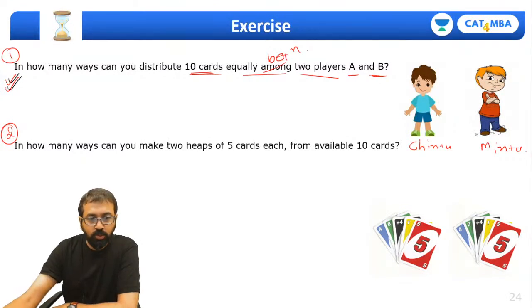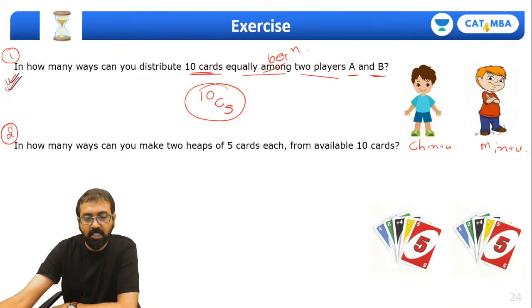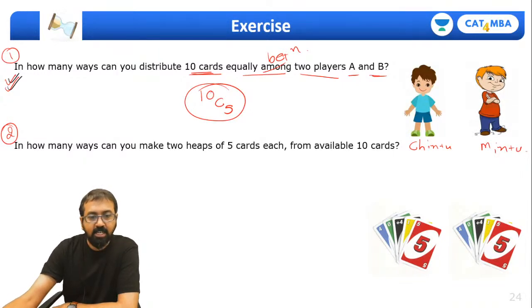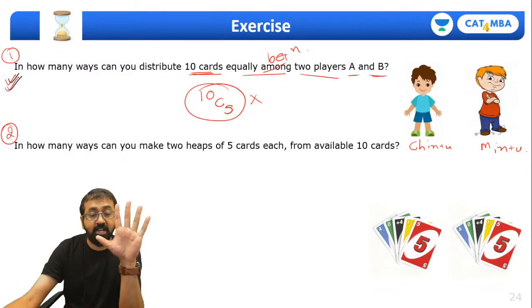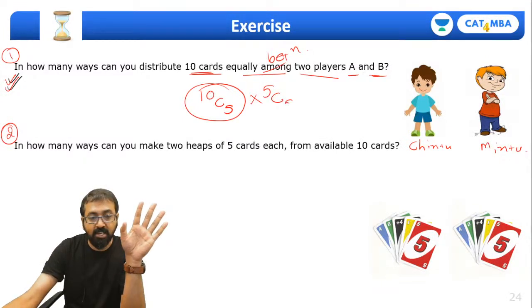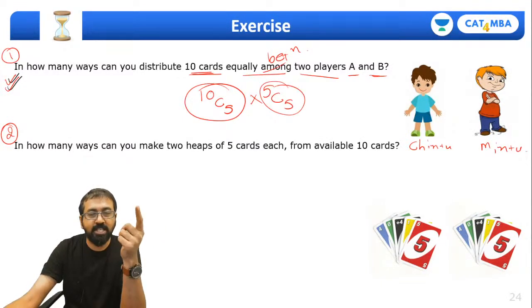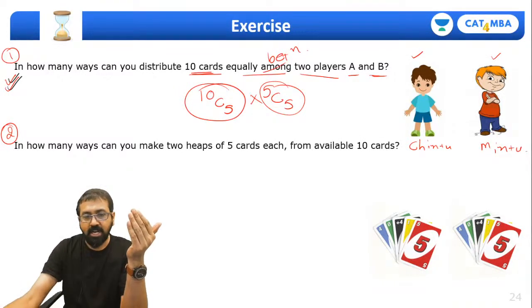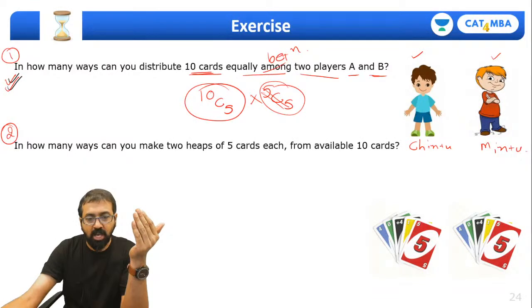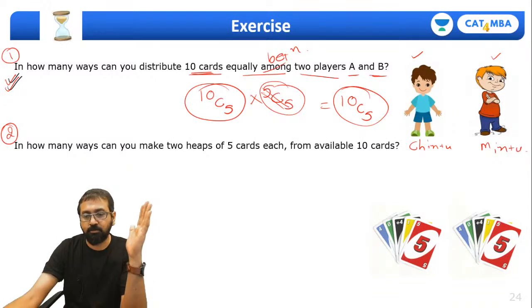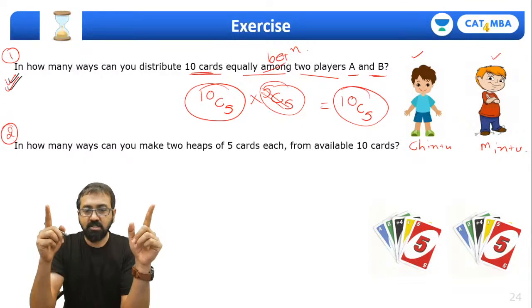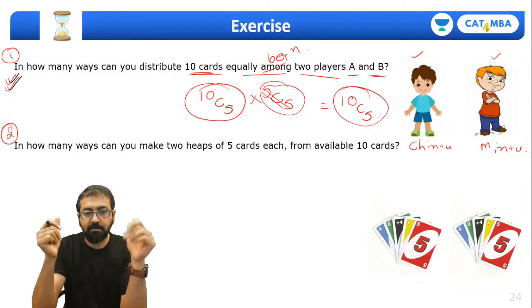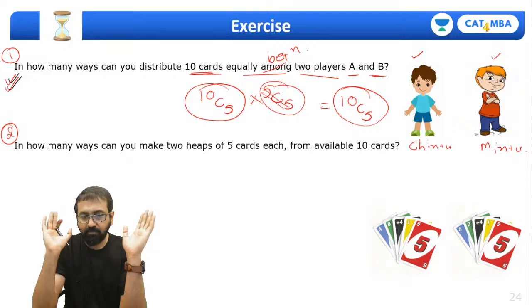So guys, what you'll do is select 5 cards out of 10 cards and give them to Chintu, correct? Now, how many cards are you left with? 5 cards. From those 5 cards, you will select 5, so of course, there is one way. That means the remaining 5 cards will be given to Mintu, right? So actually, this is going to be 1. So the answer is 10C5. These are the total number of ways. Have you all understood this? Everyone, show me a thumbs up if you have understood this. Quickly.